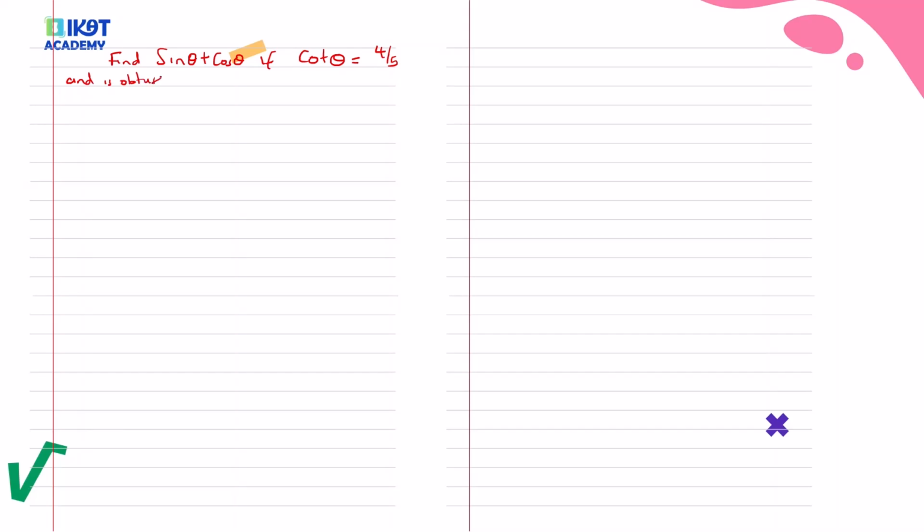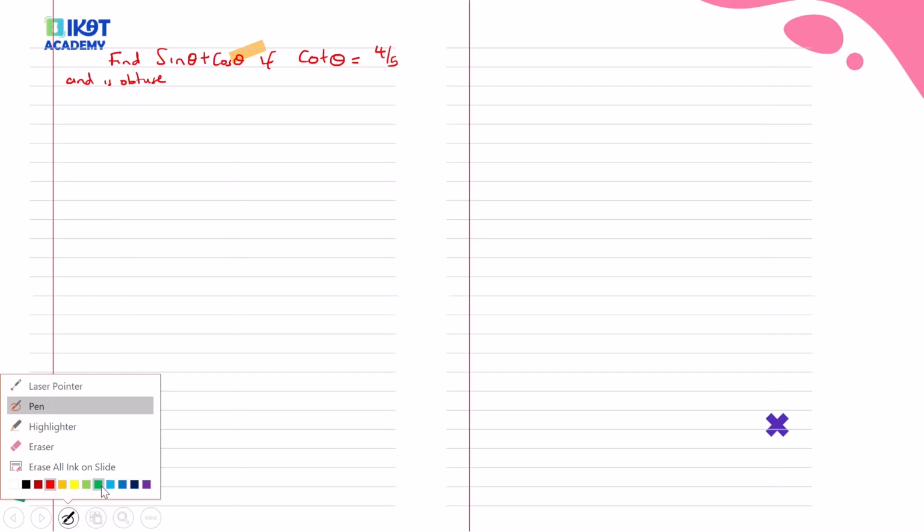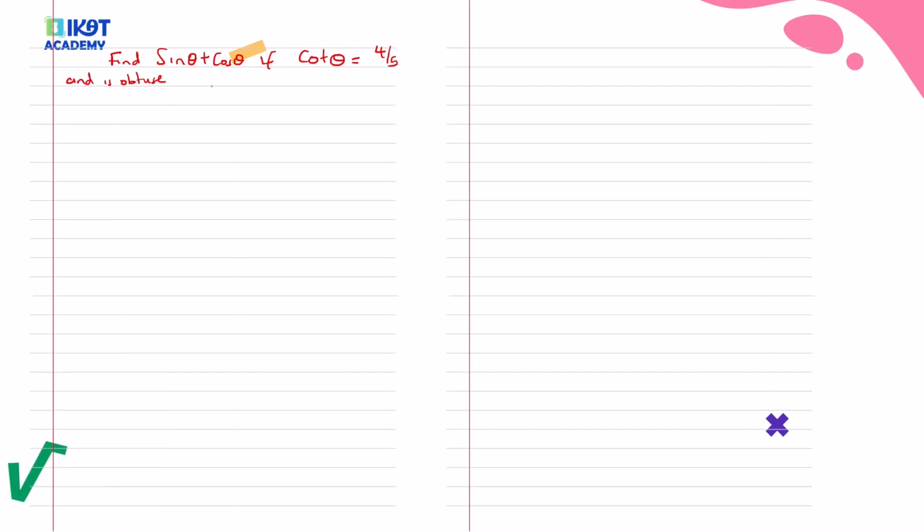Let me change the color such that we have different. So now we have this. Now the first thing we do, we say we are given cot theta is equal to 4 out of 5. So what is tan theta? Tan theta will be the reciprocal of that, which is 5 out of 4. So it's 5 out of 4. Now since it's obtuse, then we draw our